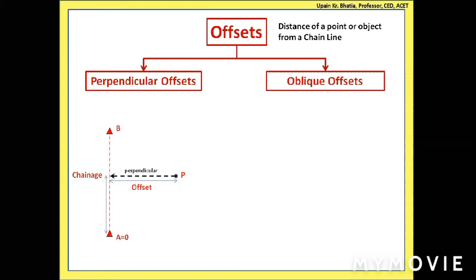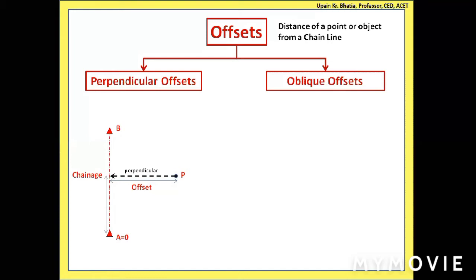The actual distances may be bigger. Say this perpendicular distance or the offset is 10 meters, and this chainage is say 5 meters or 6 meters. You cannot have a paper sheet equal to the size of the area so that you can plot everything in meters in the same dimensions. So you have to reduce the dimensions.